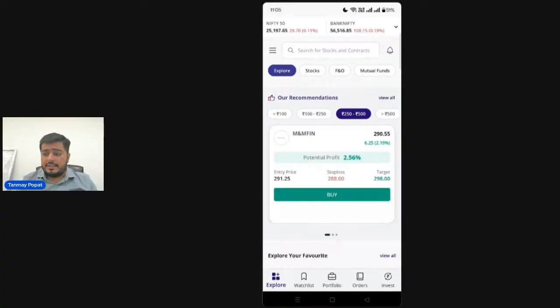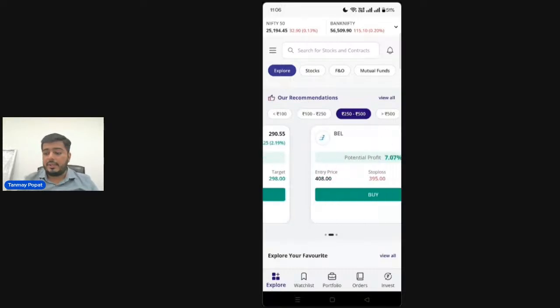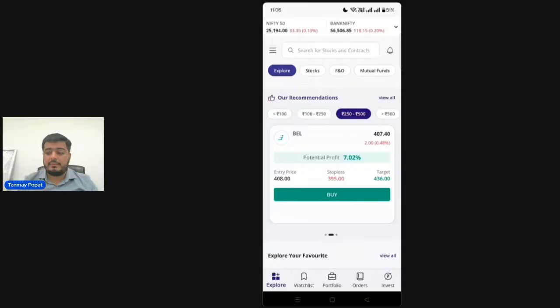So they essentially do major tracking of a particular company. So let's say at what price you need to enter, what's the stop loss, what's the target price for this, and what's the potential profit, right? So you will get all this information. As you can see, the potential profit is around 2.5%, right? And you can scroll horizontally and you will get more details, more such stocks in this particular filter. If you click on view all, then you will get all the research recommended ideas in a single place,